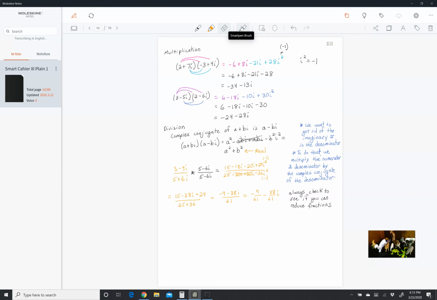Let's say that we have negative 2 minus 7i over, let's make it negative 1 minus 3i. So here, again, we're going to multiply by the complex conjugate of the denominator. So the denominator is negative 1 minus 3i. The only sign that gets changed is the one in the middle. So this is going to become negative 1 plus 3i on top and bottom. And what that gives us,